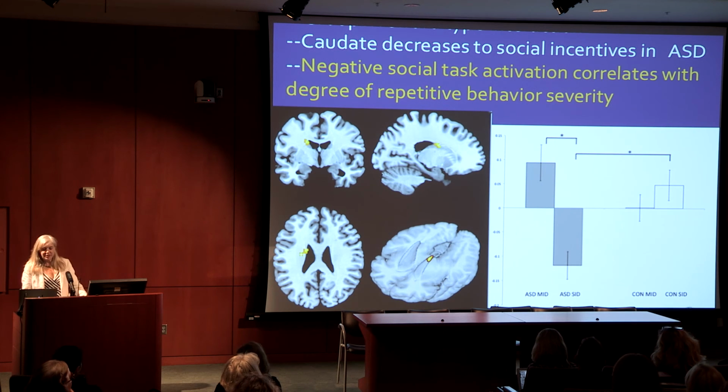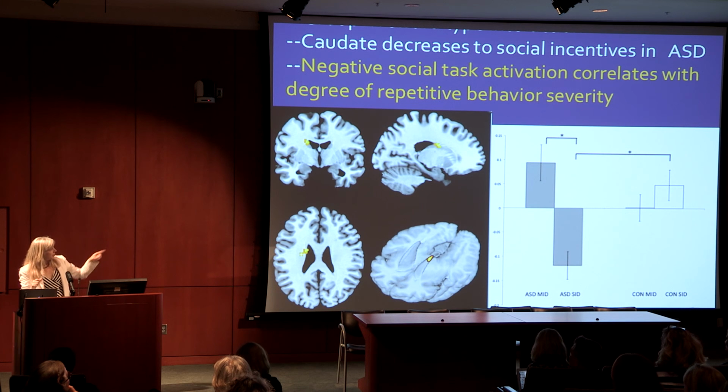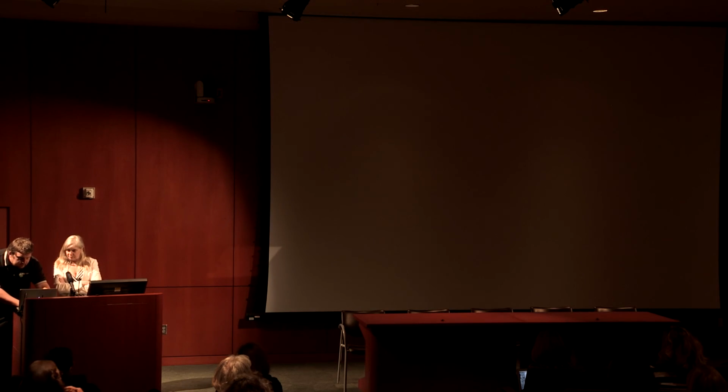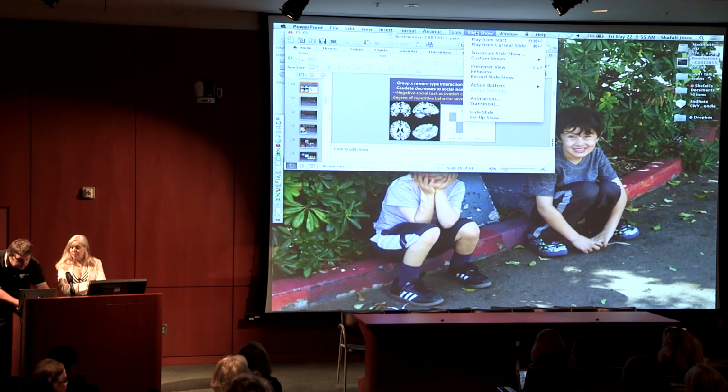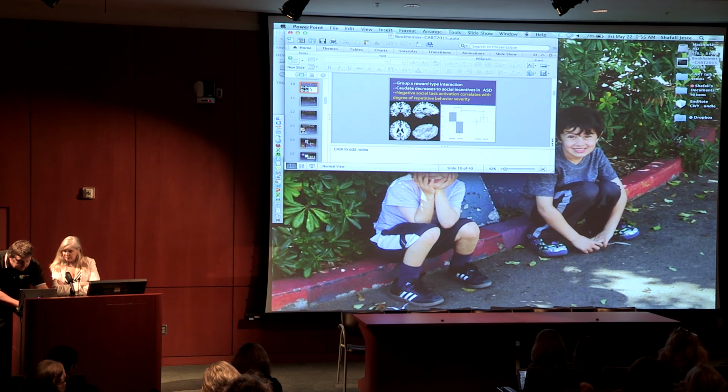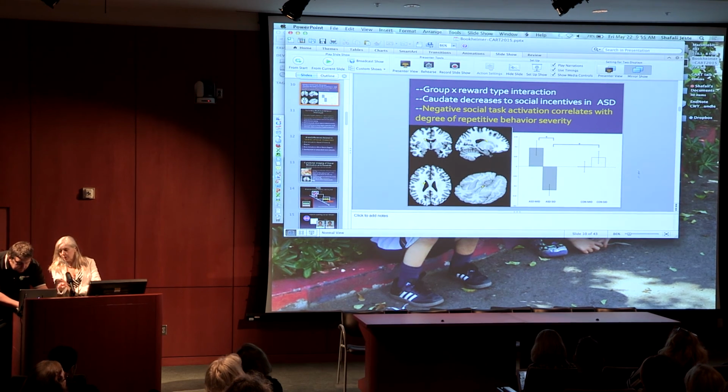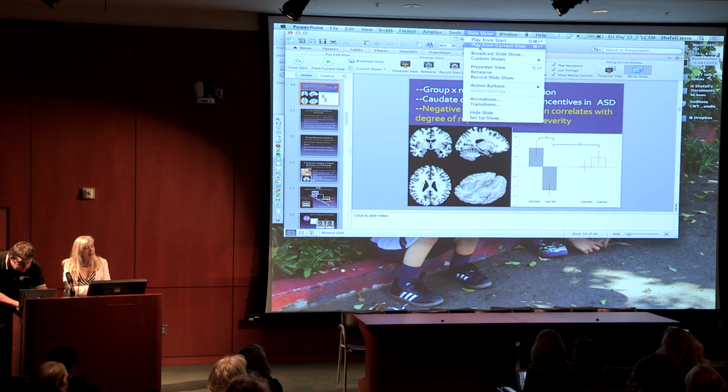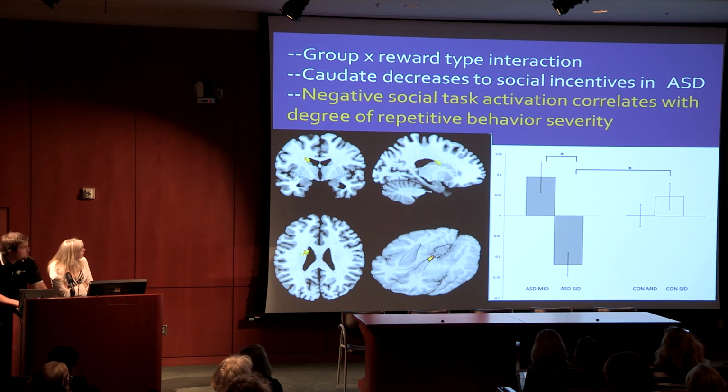What they found in this study is that there is a group by reward interaction. The top is still not really coming out over there. Is there any way we can make the picture smaller? Just compressed more, because we're missing both the top and the bottom. I'll just go ahead and talk about it a little bit while we're trying to see, I think it must be in the formatting or something. That's what happens when you use somebody else's computer. Why don't you look at the displays and see if you can change the width of the display. In this study, that won't work.